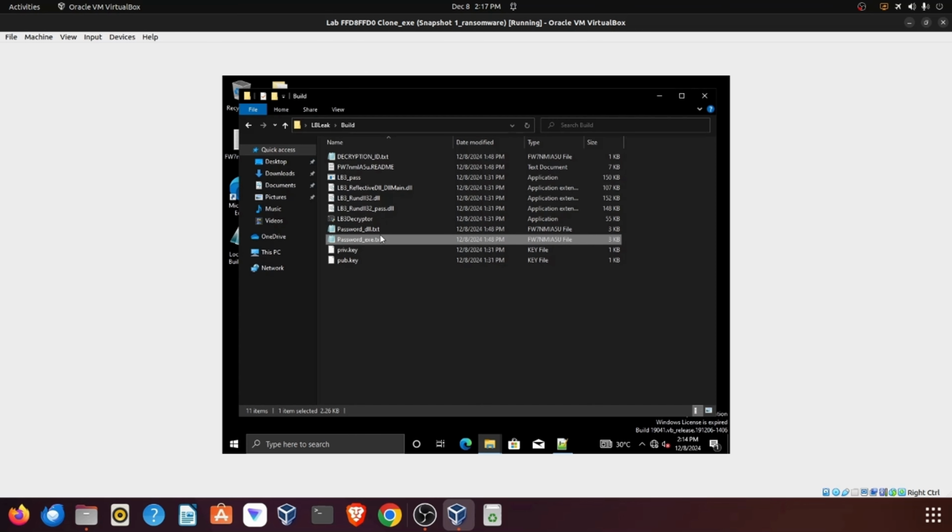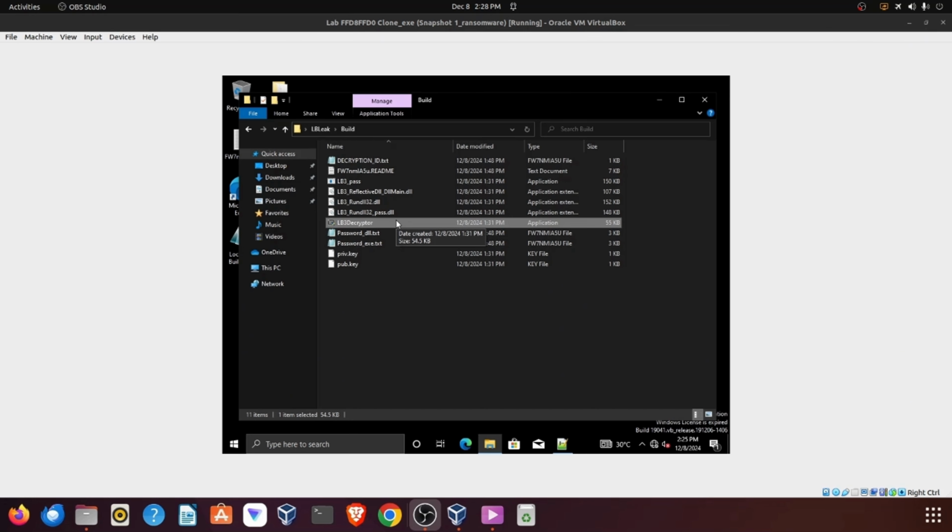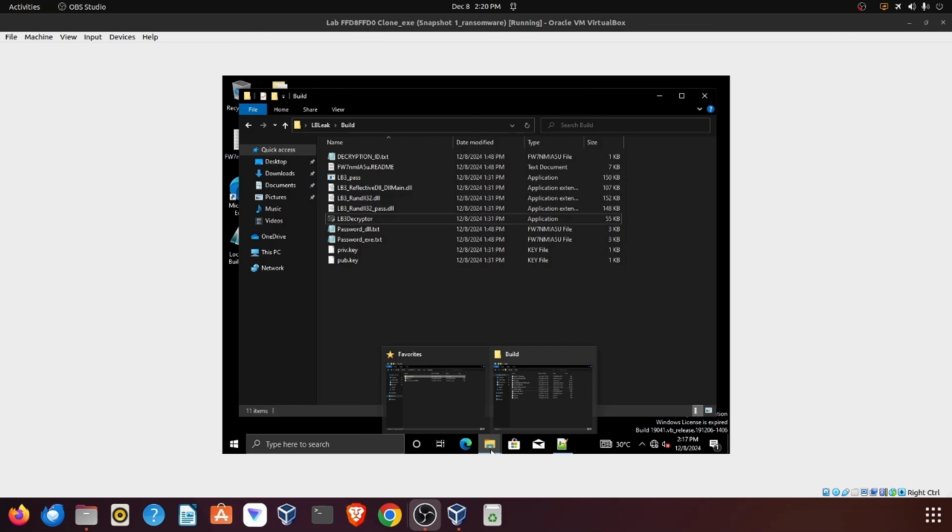Now, at this point, you may wonder why the ransomware didn't encrypt the decryptor or some of the other files generated by the ransomware builder. In my last video, I showed the config.json file where certain file types like exe are whitelisted and skipped over during encryption. Moving to another folder,